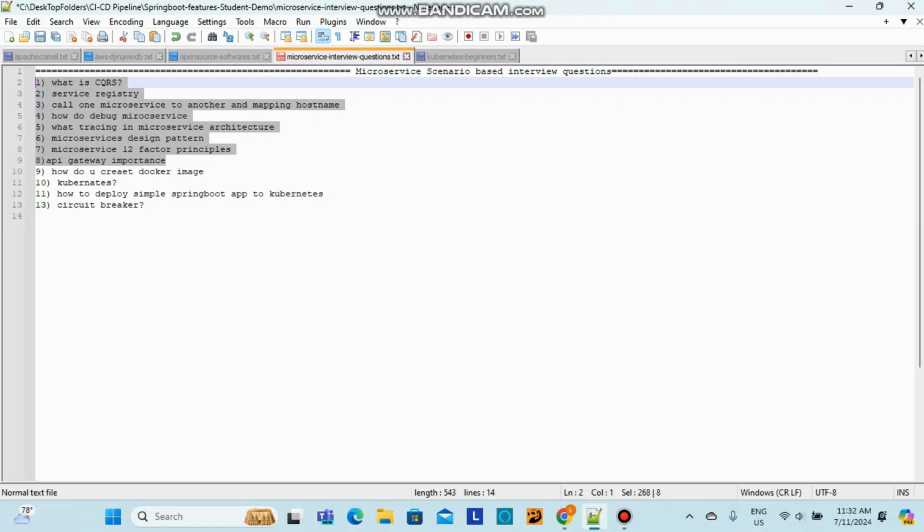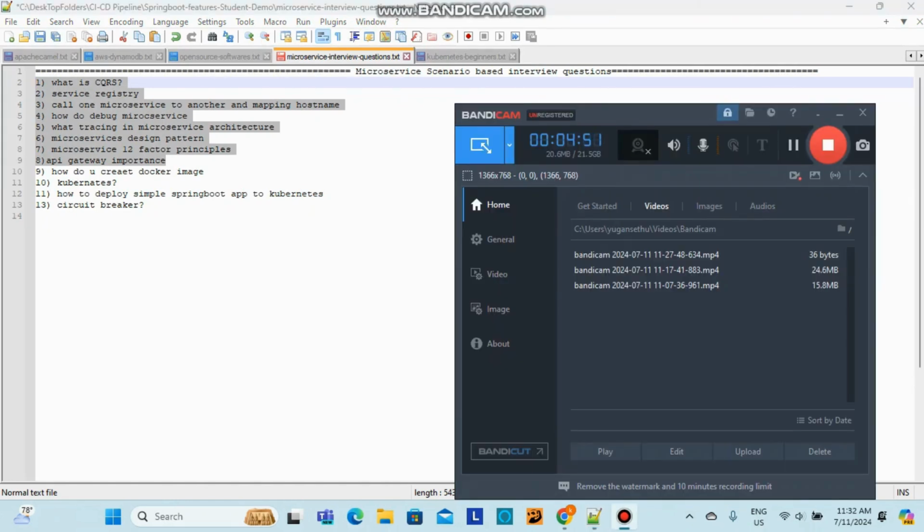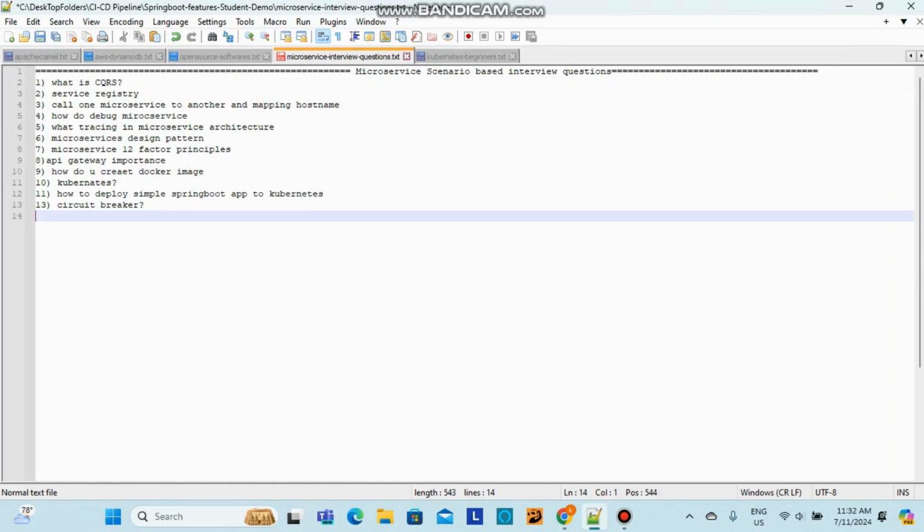So for the Docker image, we will create a Dockerfile. We can go to any editor like Visual Studio and create a Dockerfile. It has no extension, and the D should be in caps. In the Dockerfile we create from the base image, and we specify what the base image is, and then the jar file which we built in Spring Boot, the jar name we have to give, and the custom jar name, and then we have to give the build command, and it will automatically build the Docker image.